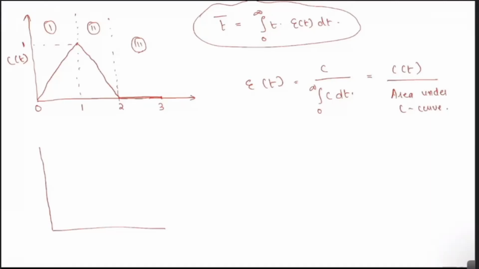The area under the C curve will be 1 by 2 into base into height, which is 2 into 1, and that is equal to 1. So what this exactly means is E of T,